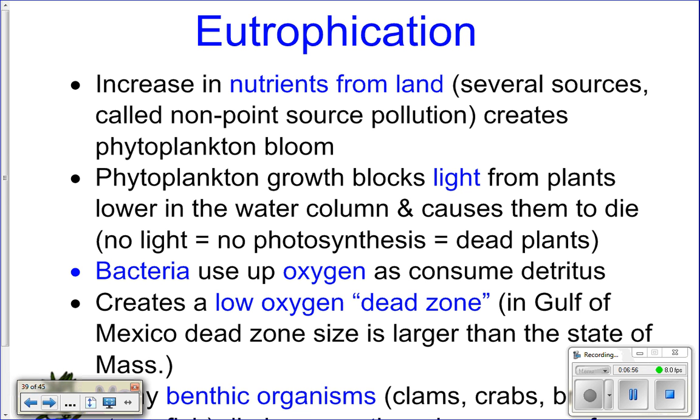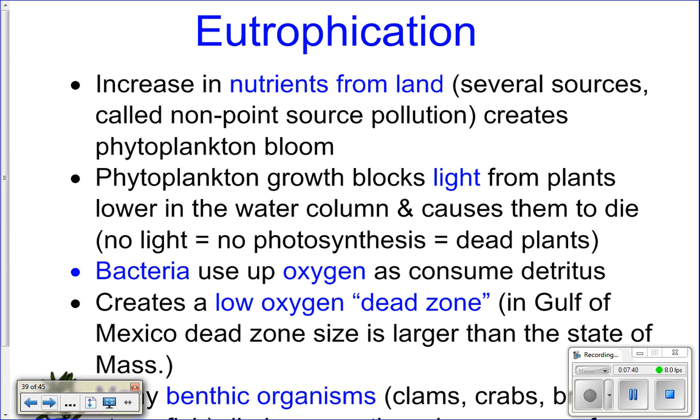And if you remember, again from last semester, the two things that plankton need to grow are light and nutrients. So now if you carry an excess of nutrients into the estuary and you have light because it's shallow water compared to the open ocean, you now get a huge phytoplankton bloom in an estuary. And you may think, oh, that's good, more food for other things. Actually, it's bad. What happens is the phytoplankton block light from plants that live deeper in the water, on the bottom, like the seagrasses. If these seagrasses and other plants don't get light, they can't do photosynthesis,